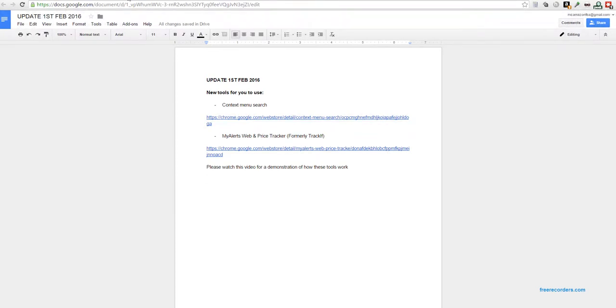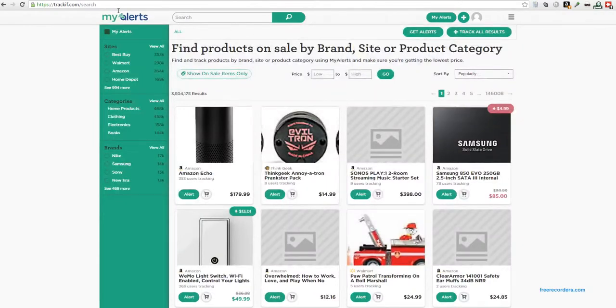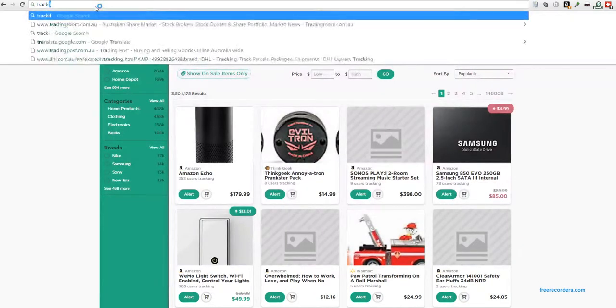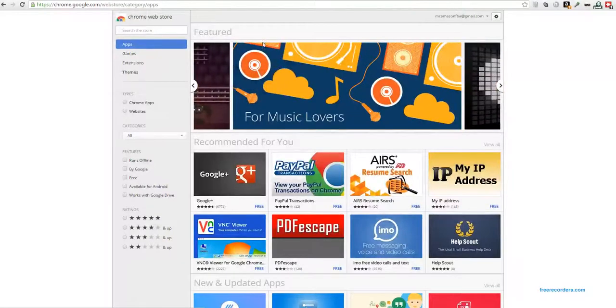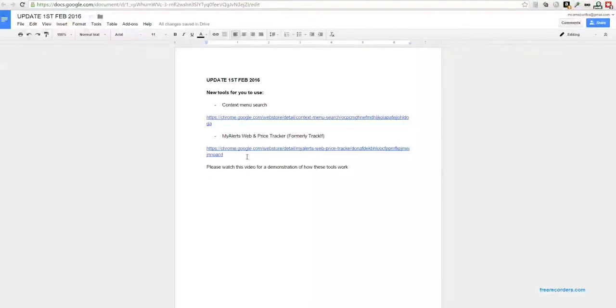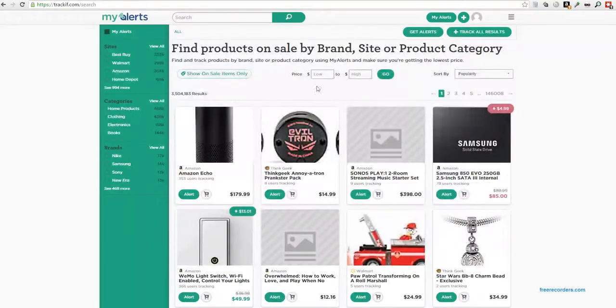The second one used to be called Trackif. It's called My Alerts Web and Price Tracker. Now, what I'd like you to do is go to trackif.com. I'll just wait for that to load. So yeah, I'd like you to install the extension, and I think you'll need to